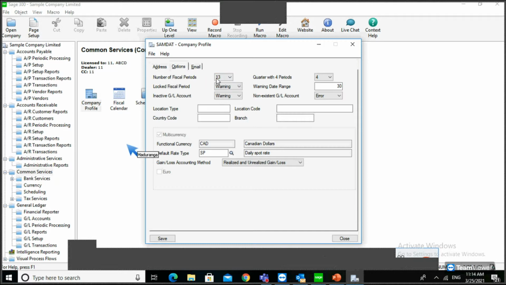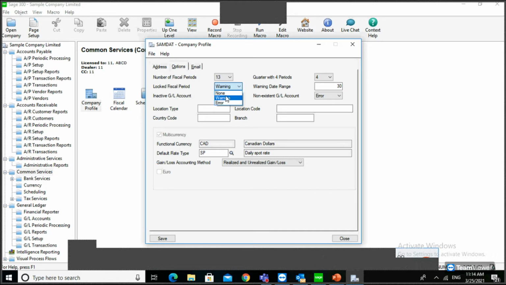That's the purpose of the fiscal period setting given in Sage. If you have 52 weeks, divided by 4 is 13 fiscal periods. That is the way.